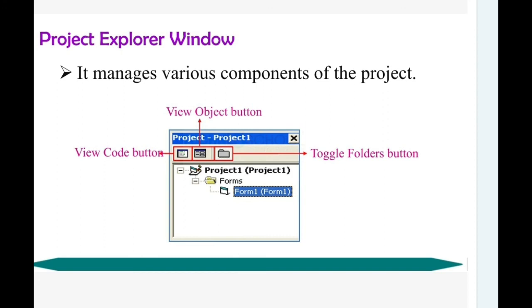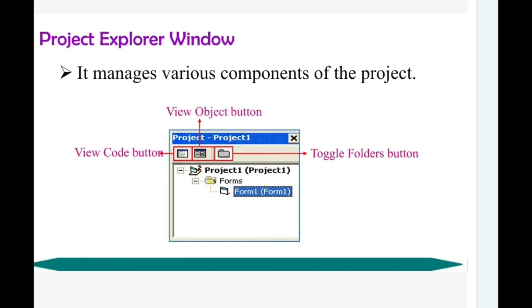And the Toggle Folders button: when you click it, it will show all the project's components, such as forms, the coding window, the database and back-end applications connected with this application. It will show all the file names. So using this Project Explorer window and the Toggle Folders button, you can switch between screens in Visual Basic programming. So what is the Project Explorer window? A project is a collection of the components of the front-end application, the coding part of Visual Basic and the database components of Visual Basic. These are the three things we can store in one project.